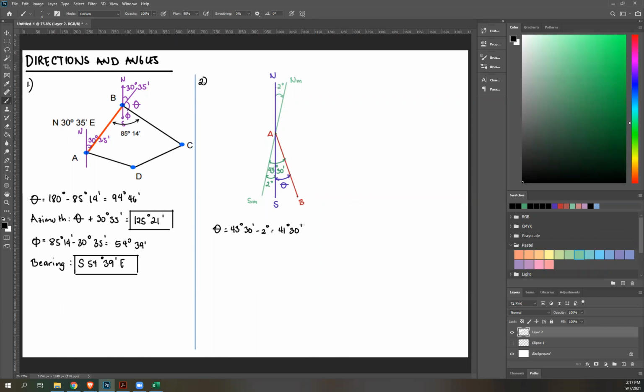We're looking for bearing. Okay. So therefore, to get bearing, again, you're going to get your reference line. In this case, that is south. So this is south, and then just copy the value of your angle, 41 degrees, 30 minutes, and it went to the right. Again, that's east. Okay. So that's how you write your bearings. So that's the first part. The next part,